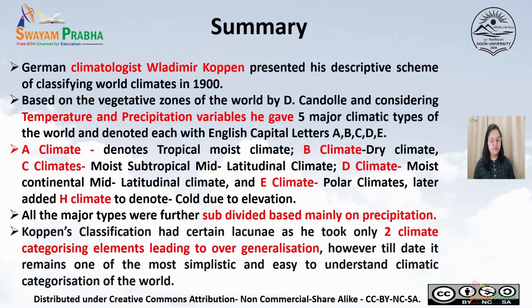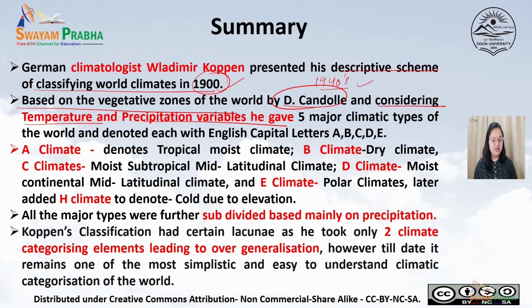Summarizing the video now, German climatologist Vladimir Koppen presented his descriptive scheme of classifying world climates in the 1900s and subsequently revised his scheme several times to better represent reality until his death in the 1940s. Based on vegetation zones of the world which were given by De Candolle, and considering the temperature and precipitation variables, he gave 5 major climate types of the world